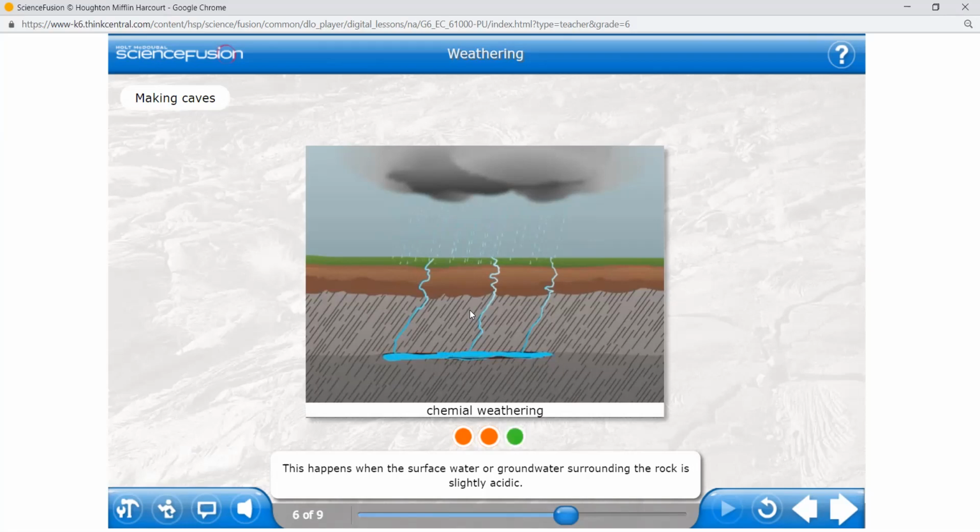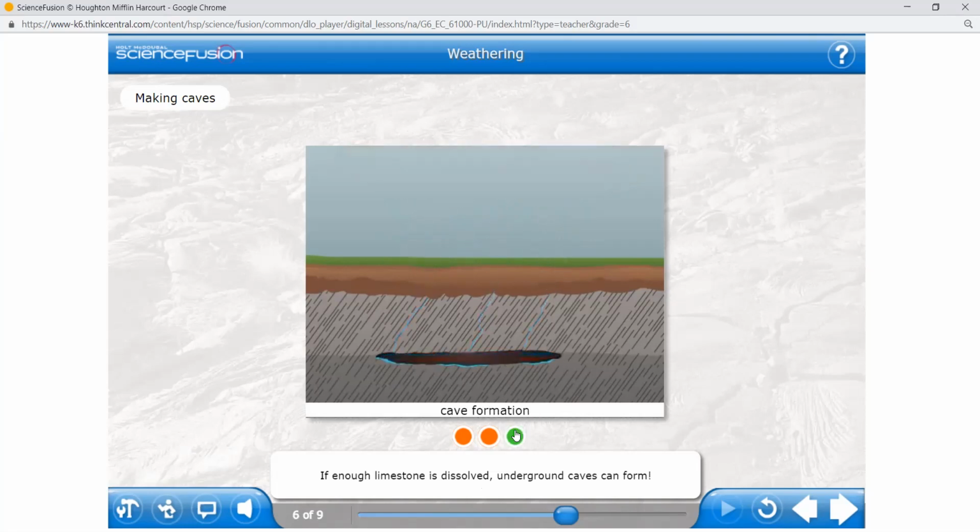The shiny rocks, okay? These rocks are not easy to break with this rainwater. But the other sedimentary rocks, which are formed on the beaches, are compacted and cemented. Those rocks can easily be weathered by chemical weathering and they can form caves, especially limestone. If enough limestone is dissolved, underground caves can form.